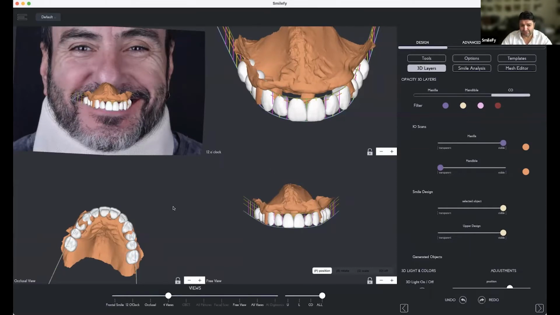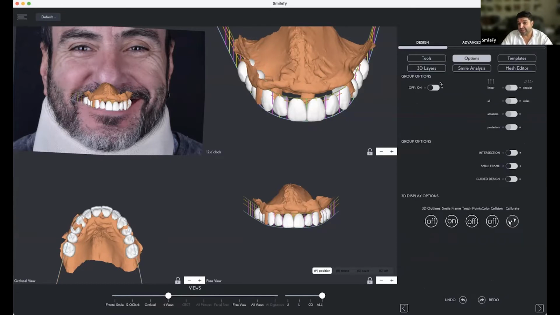So we need to actually reposition the whole arch in a different way. Here looks good, but it's not. It's facially driven smile design, and we see the midline that we have considered here actually is completely wrong. For that reason, and that's a very, very special case, and I'm happy that we have such cases, because then we can improve the workflow and we can see what we can do to change all this stuff.